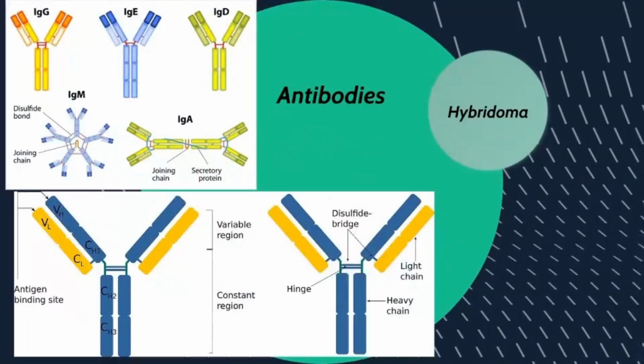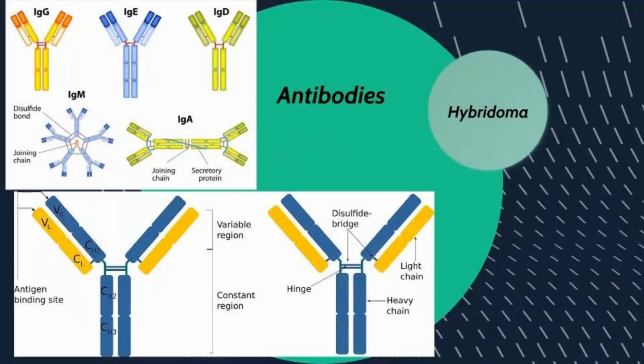Let's start off by talking about antibodies. Antibodies are a type of globular glycoprotein that have a complex quaternary structure. I would definitely recommend going to look at the associated images with this lesson because it will make much more sense if you can actually see what I'm talking about. So antibodies have a Y-shaped structure. So they have two heavy chains and they have two light chains, and the light and the heavy chains are